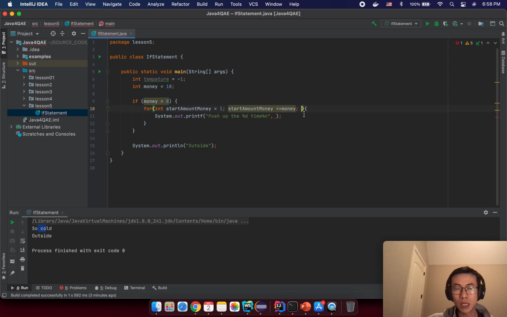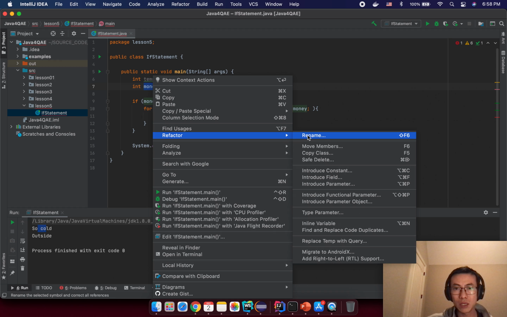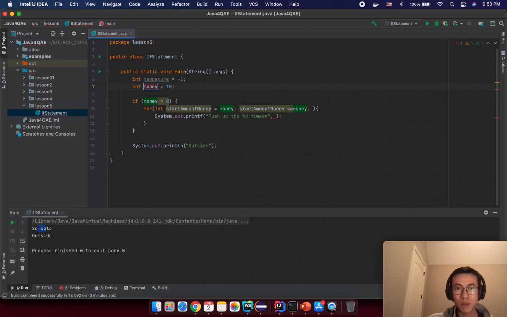And after I do something, in this case, we need to try to decrease, not increase. So stock amount money should be the input money, right? So let's refactor this name so it will be easier for us to understand. Should be something like deposit money, something like your friend deposits for you. So we have stock amount of money equal deposit money, and we will do it as long as the